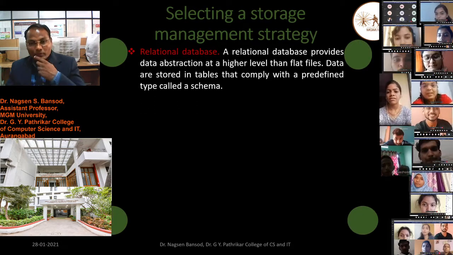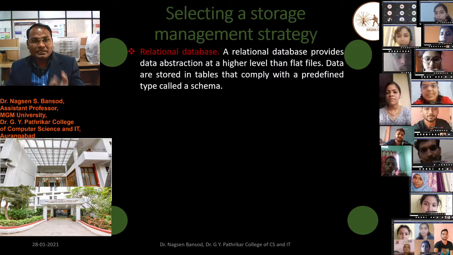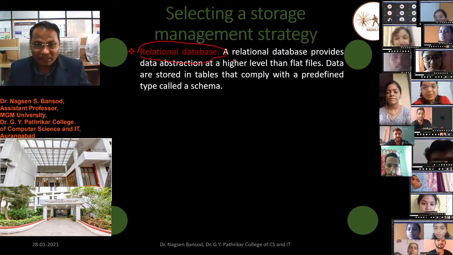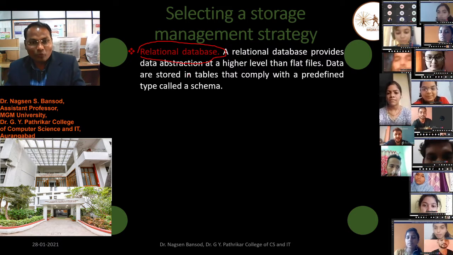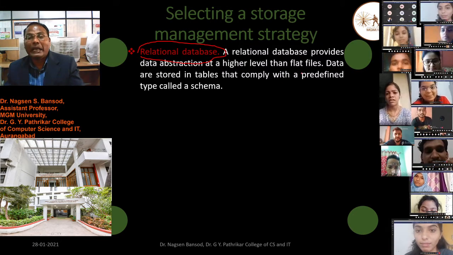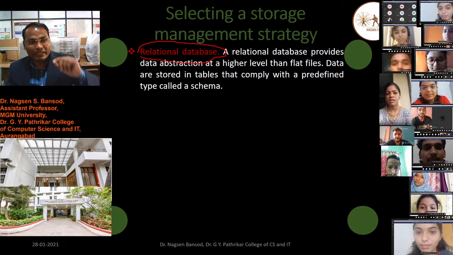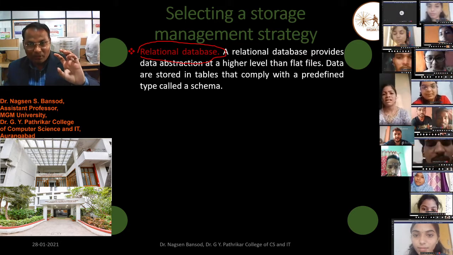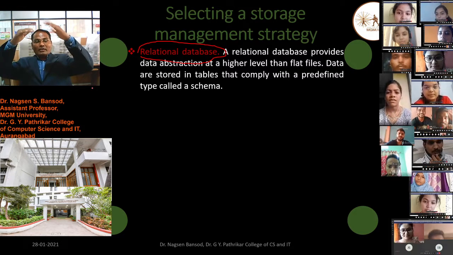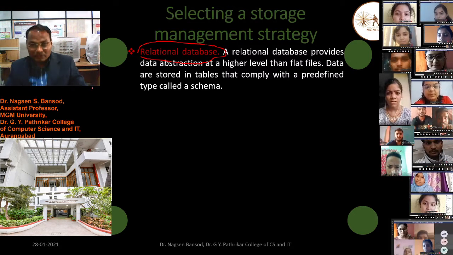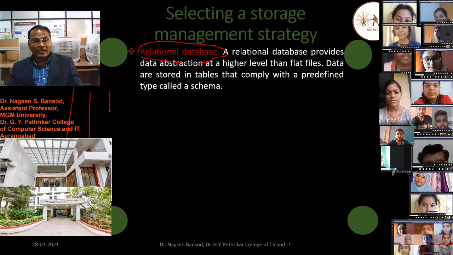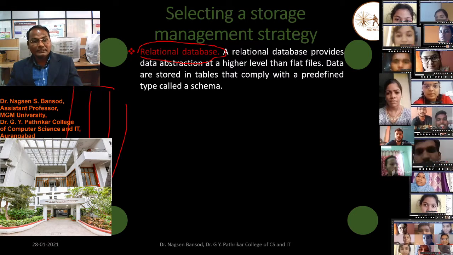Another type of storage management strategy is relational database management. A relational database management system provides data abstraction at a higher level than a flat file. In a flat file we store data directly at a lower level, but in relational database management we store the data at a higher level, at the top level of the operating system. Data are stored in a table. We store the data in the table and create their relationship